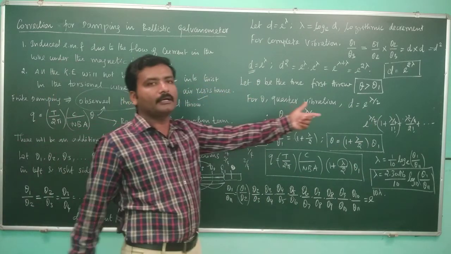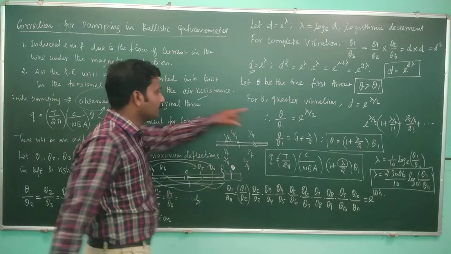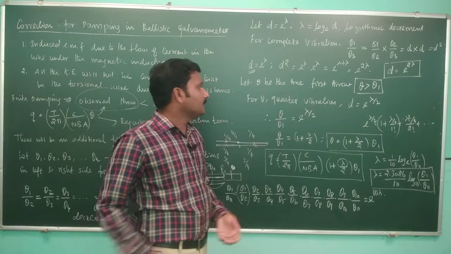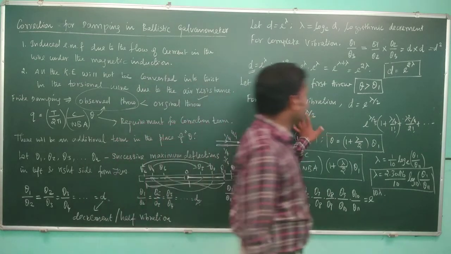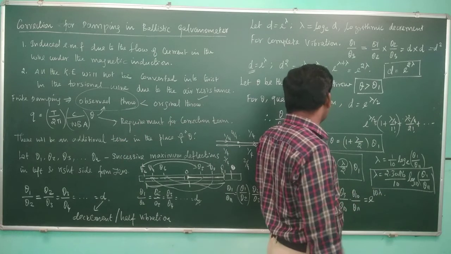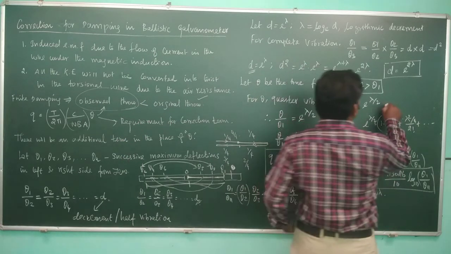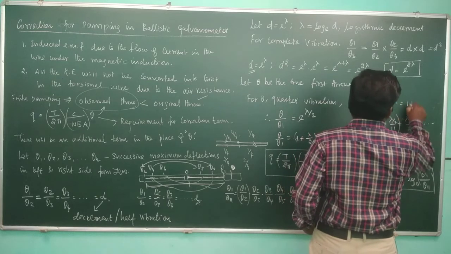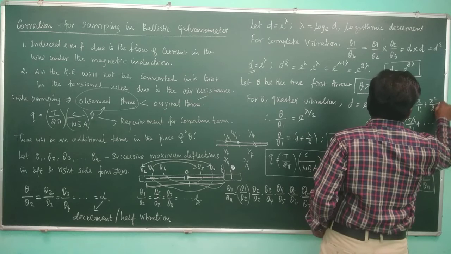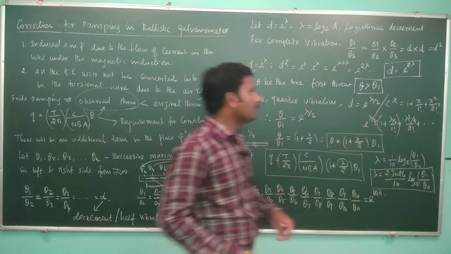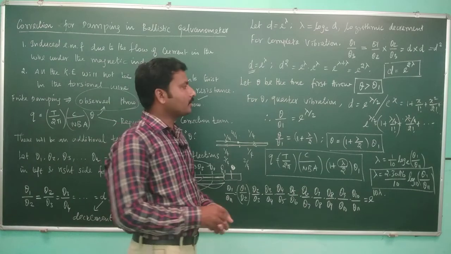If you want half of the half vibration, that is quarter vibration, then you can write e power lambda by 2. If you take theta by theta 1, that is nothing but e power lambda by 2. You can rewrite this by applying the power series expansion of exponential e power x. For e power x you can write 1 plus x by 1 factorial, plus x squared by 2 factorial, and so on. So e power lambda by 2 can be written as 1 plus lambda by 2 by 1 factorial plus lambda square by 4 by 2 factorial plus and so on.